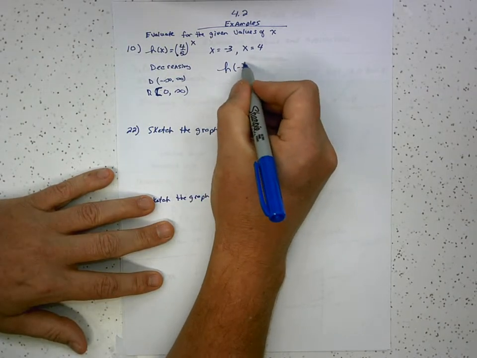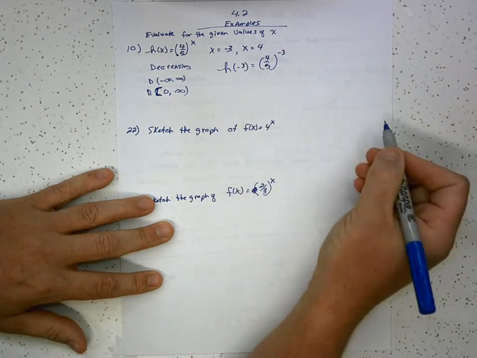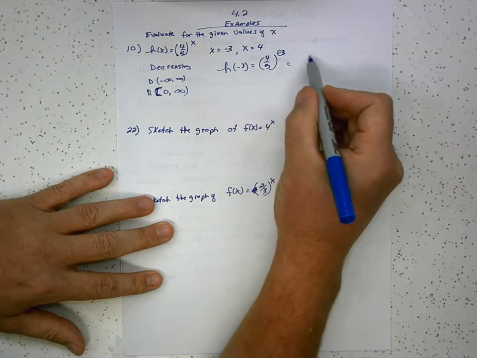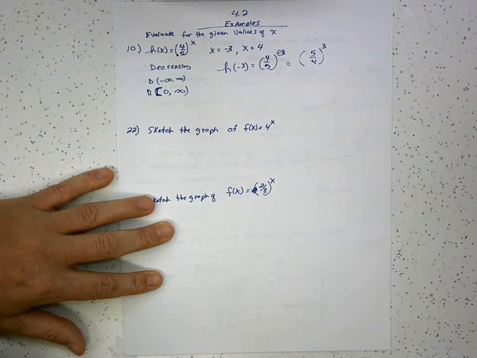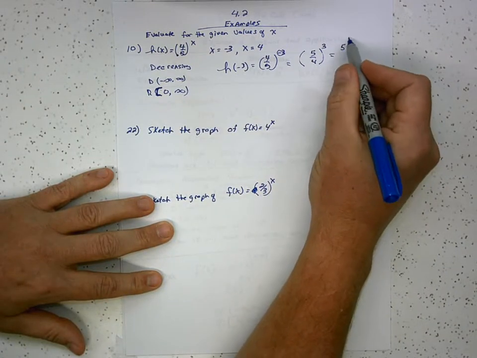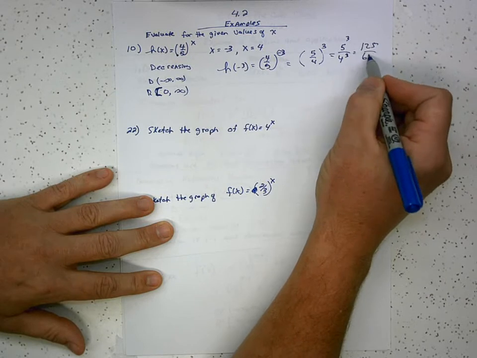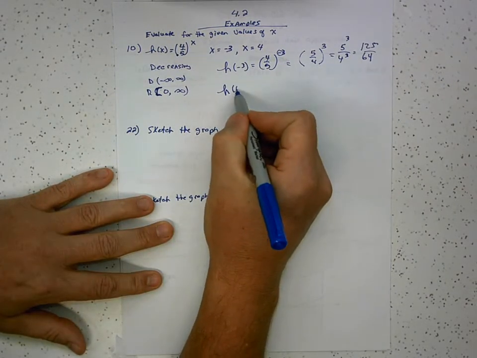So h of negative 3 just means I take 4/5 to the negative 3. Well, let's evaluate that without a calculator. That negative, first of all, tells me I can flip it over. And now I just cube each of them. 5 cubed over 4 cubed, which is 125 over 64. Okay, if I want to find h of 4,